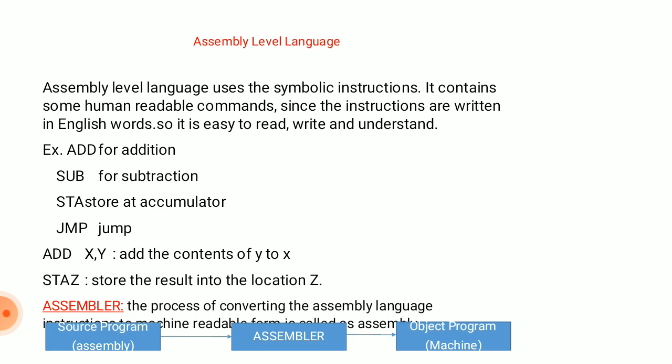In assembly level language, we are using some symbolic instructions. It contains some human readable commands. Since the instructions are written in English words, it is easy to read, write and understand. Means whatever the instructions we are writing in this language, it contains some English words, so that easily we can read, write and understand. So for example,